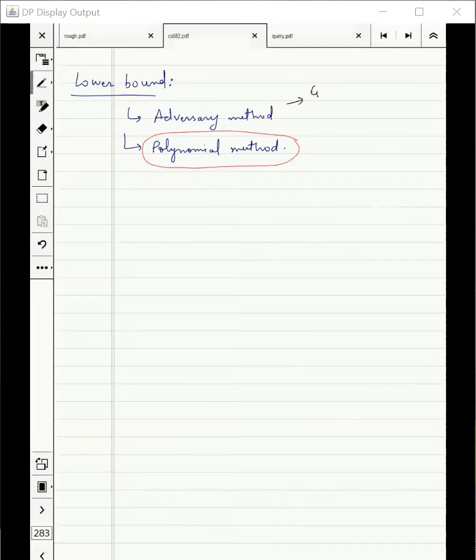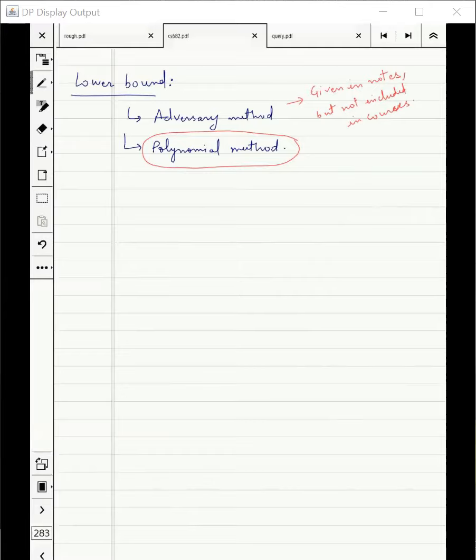If you are interested, this is given in notes, and the reason is that this is an extension of what we did for OR. The argument for OR, how we proved the optimality of OR, was some sort of an adversary method. And I have given the argument if you are interested in the notes, but it will not be included in the course, in exams or anything. But interested people should definitely look at it. It's a very, very strong technique to give lower bounds on quantum query complexity.